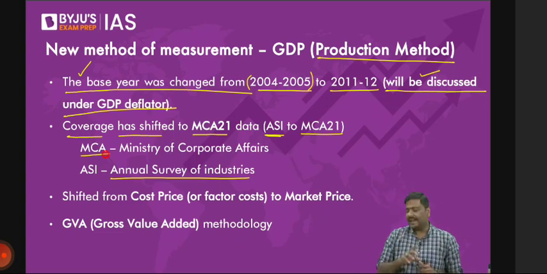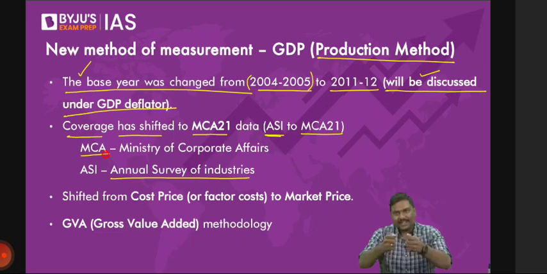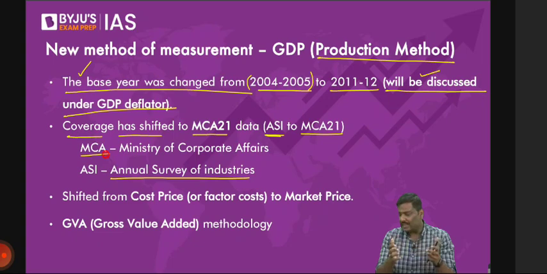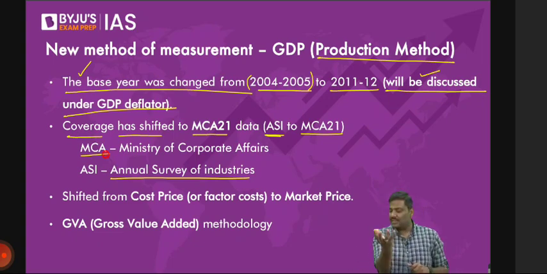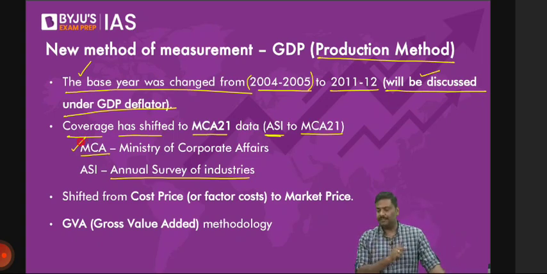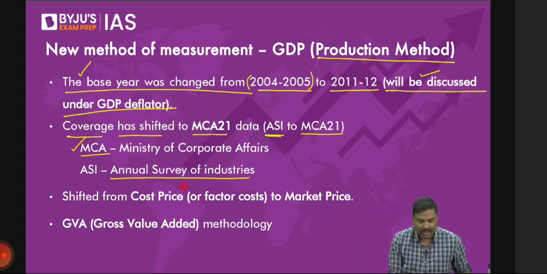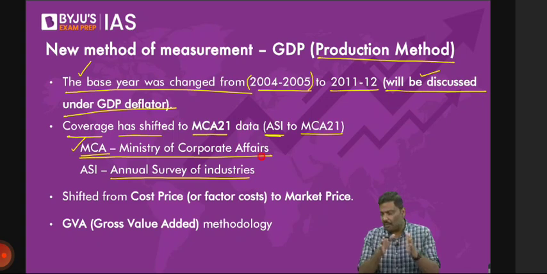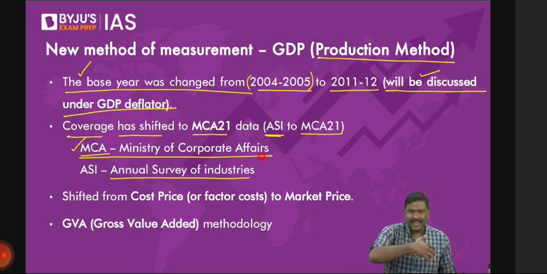That is one. Second, even if everybody is registered, do you think it is possible for the government to go to every company to collect the production data? All I'm trying to tell you is very simple. Collection of production data is not easy. But you want the final goods and services. So what we did was, we introduced a new system called MCA 21, Ministry of Corporate Affairs 21. The MCA 21 portal has been established, and any company which is registered under MCA 21 will have to report the data to the government.